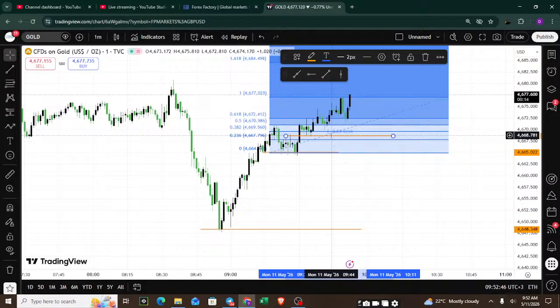So the next question you need to ask yourself is, should I buy or should I just observe the markets? If I am to observe the markets, there's no problem. That means there's no risk. But if I am to buy, now we have two questions here. No, we have only one question. Do we get in right now? Do we wait for price to get to this level here? Or what do we do?